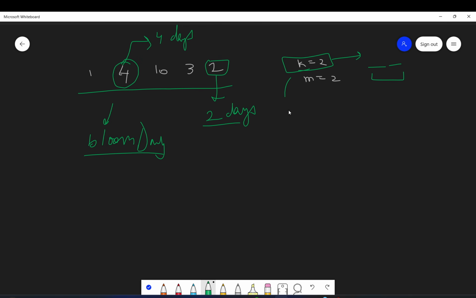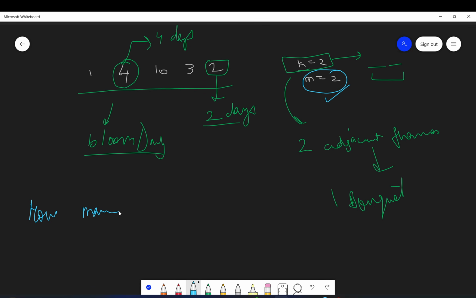So I will have to take two adjacent flowers to make one bouquet. And how many bouquets do we have to make? We have to make two bouquets. So the problem is that we need to find out how many days we will require to make two bouquets, the minimum number of days we need to return.